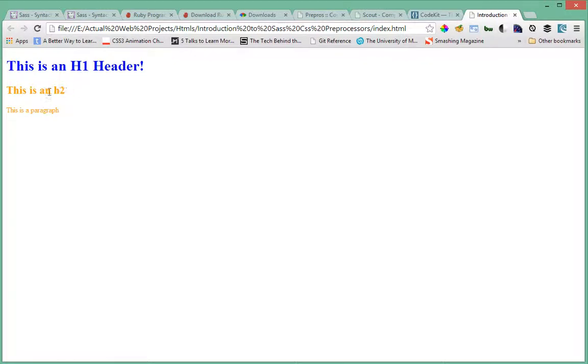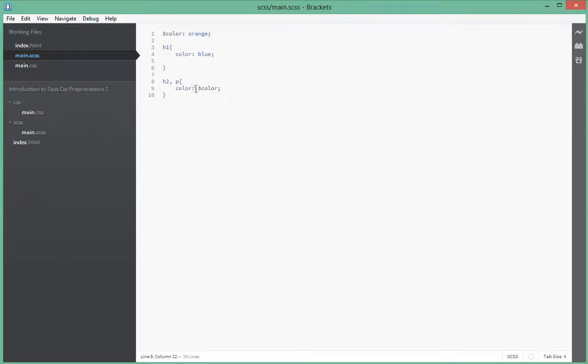So let's say we wanted to make the H2 the same blue as the H1, but not exactly the same tone. Let's say we wanted to make it slightly lighter. The way we can do that is we can come down here and just remove the H2 from this pairing, and we can say H2,